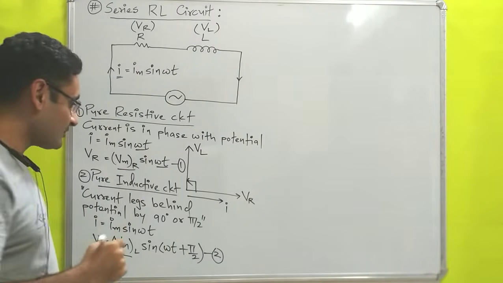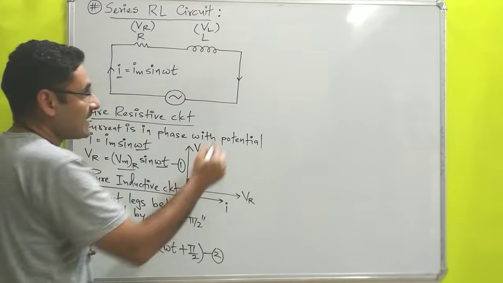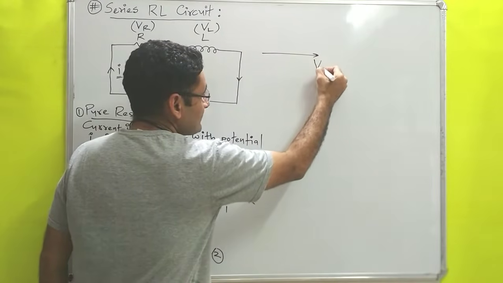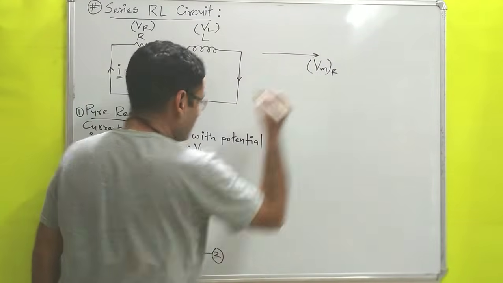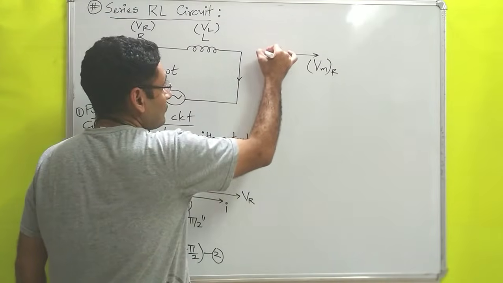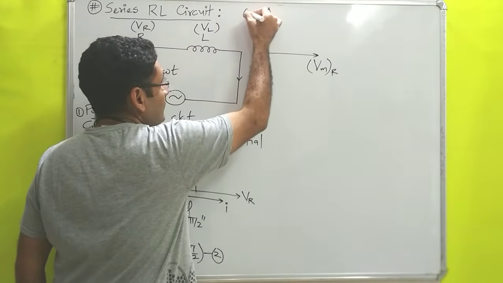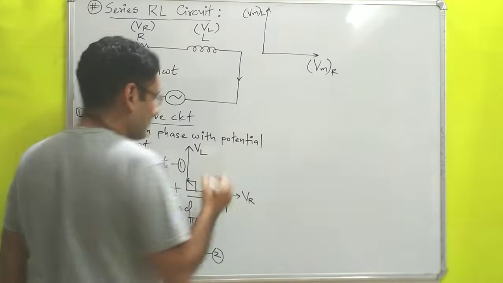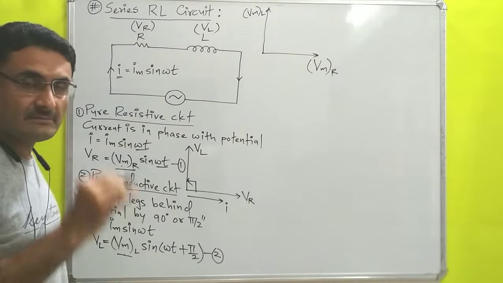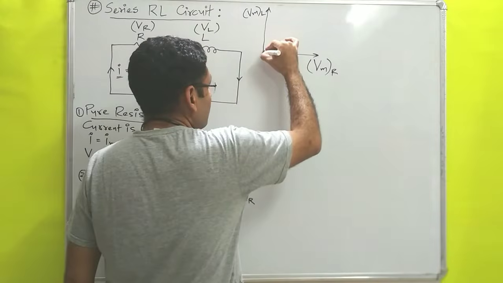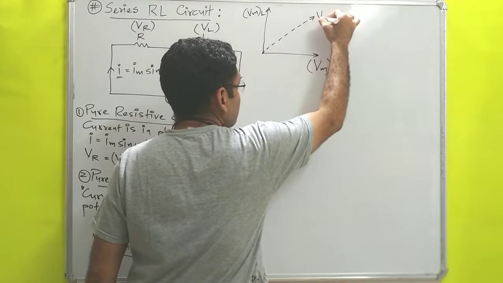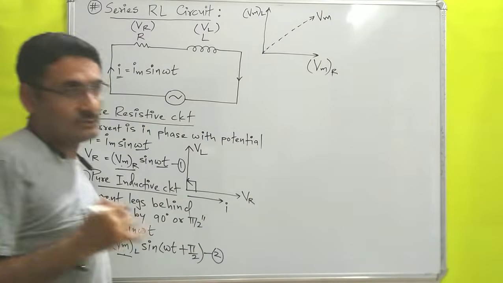So once again over here I will draw the diagram. We will take the reference of this diagram. So in this direction, that is the potential across the resistor, so we will write Vm of R. Then in this direction, that is your potential across inductor, so I will write Vm of L, and by using these values Vm of R and Vm of L, we want the resultant maximum potential. That resultant maximum potential may be in this direction, which is known as Vm. So value of Vm we have to find.